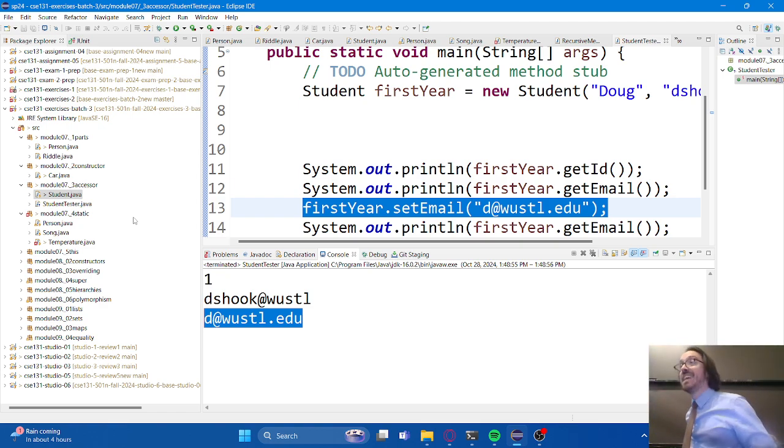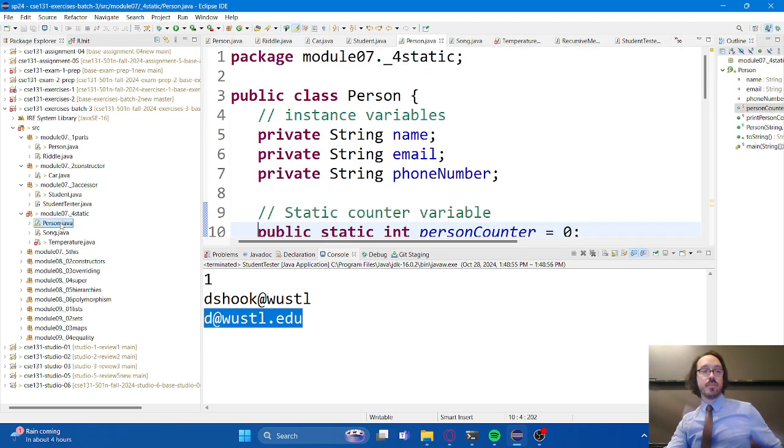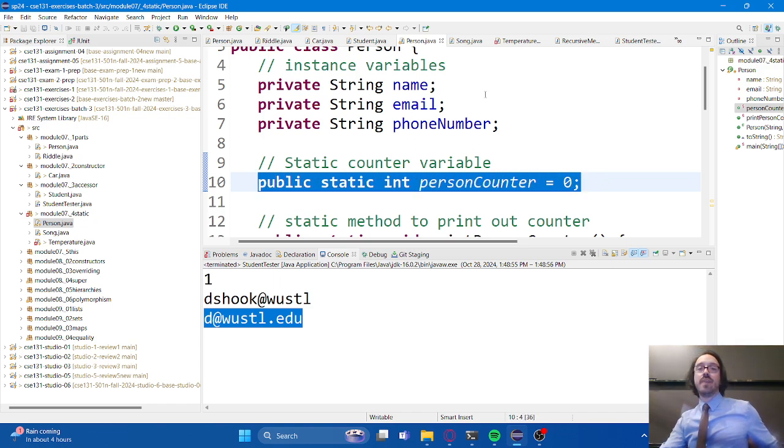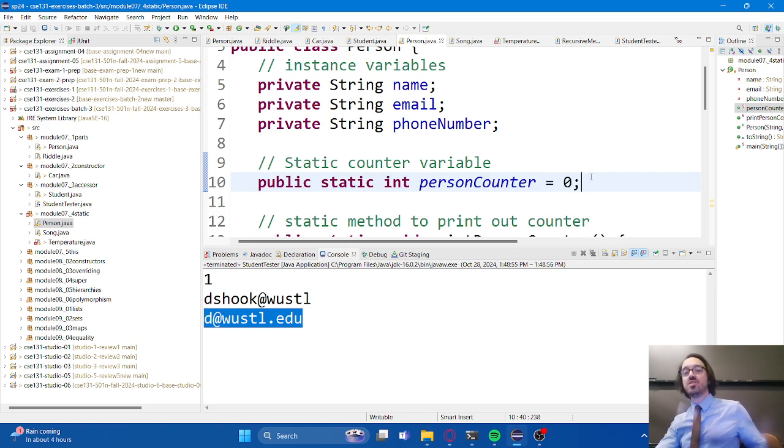Static methods, and to be 100% clear, if you open up this person class, you'll see that methods aren't the only things that can be static. Here, we have an example of a static instance variable. So instance variables can be static as well. We don't see this as often as static methods, at least not in my experience, but it does happen. I'm not going to go into static instance variables too much since we've done more with static methods, but I do think it's important to understand the difference between the two.